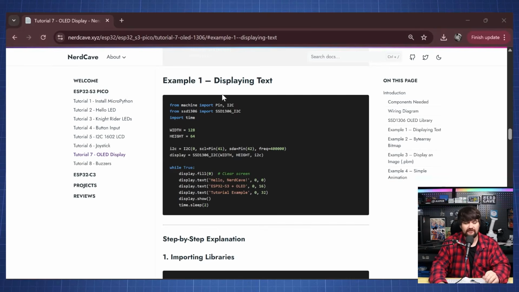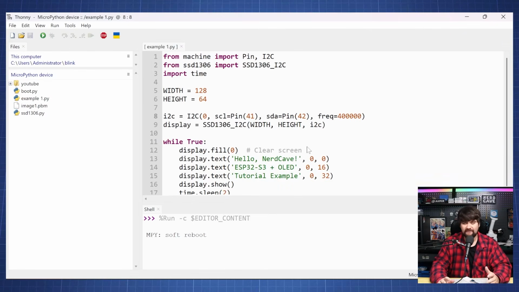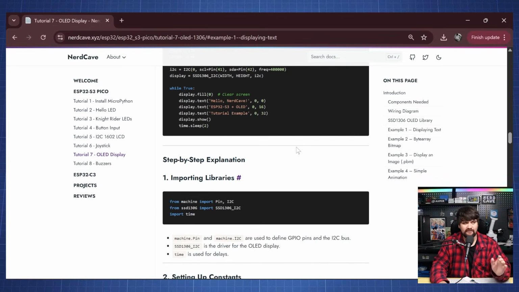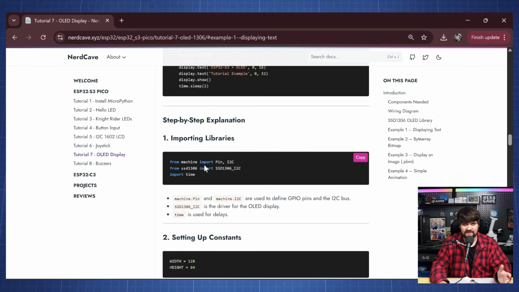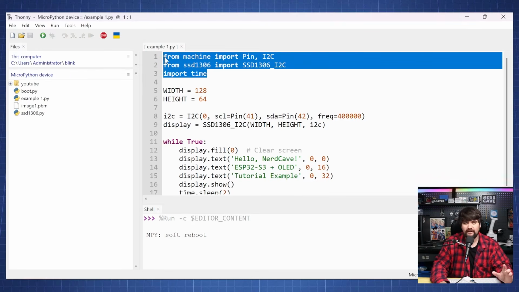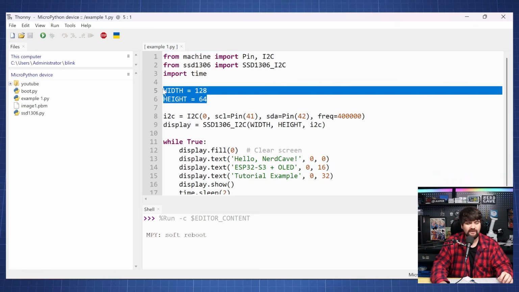So let's copy example 1, which is just displaying text. I'll click here on copy and then I'll go paste it in Thonny. Let's have a quick overview of this code. If you want more detail about this code, it is available on my website, so below the code you'll see a step-by-step explanation. So in the first 3 lines we import all the libraries and here we set up our